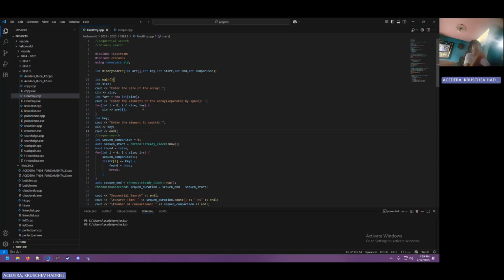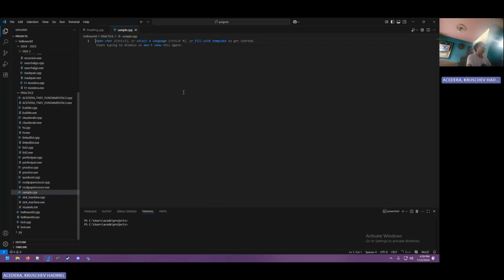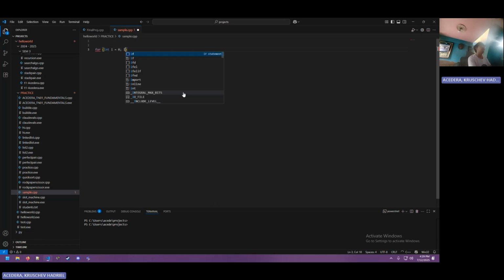For sequential search, the idea is to check the index of the array one by one from start to finish, or from the last index to the first index. So simply, all you need is a for loop, wherein int i equals 0 from the first index until the last index, and then you iterate and check the array index, if it's equal to the data you're looking for.